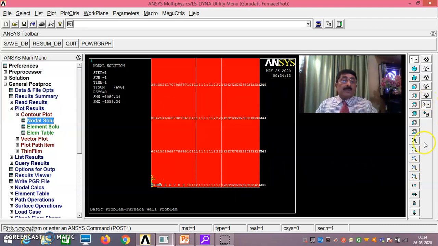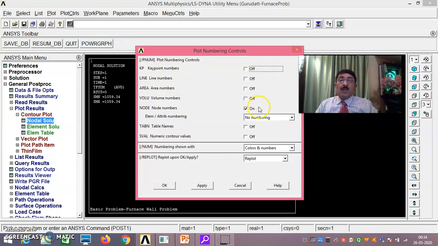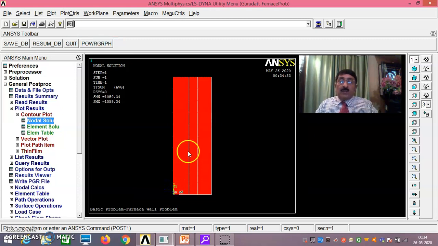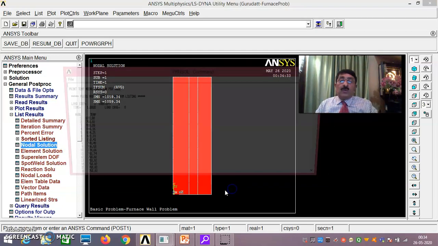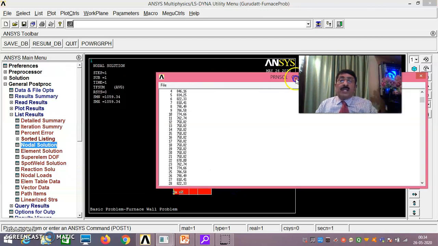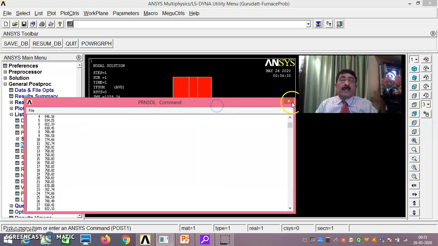Anywhere on this line, you take the node numbers. All these node numbers on this one should have 750.82, and all these node numbers should have 183.3. That means what you should do is list results, nodal solution, temperature, and see what nodes you have on this line. You should have 750.82. What are all the nodes you have on this line? You should have 183.3. In that way you are able to solve a very good basic problem in 1D